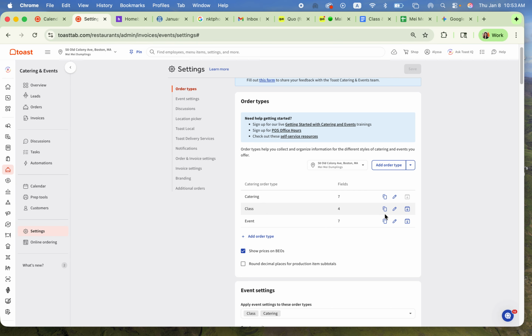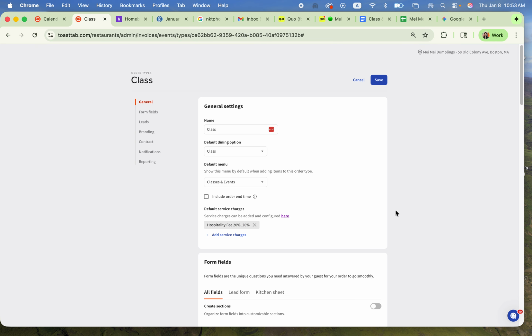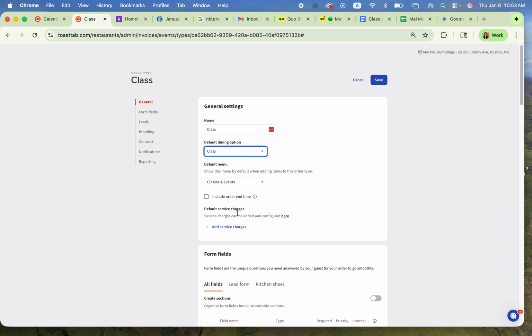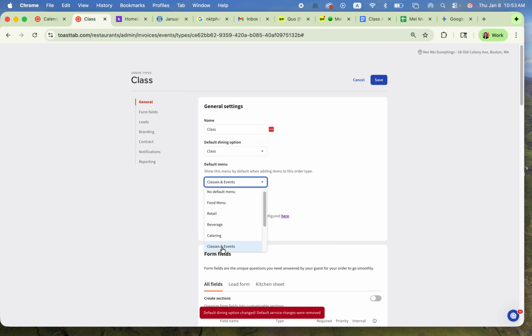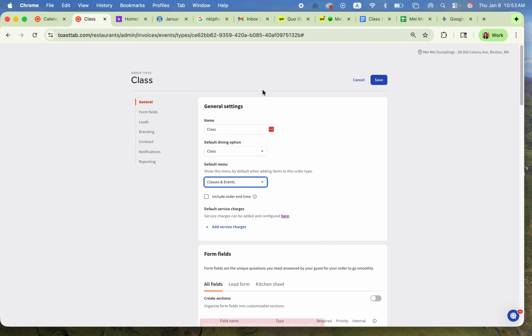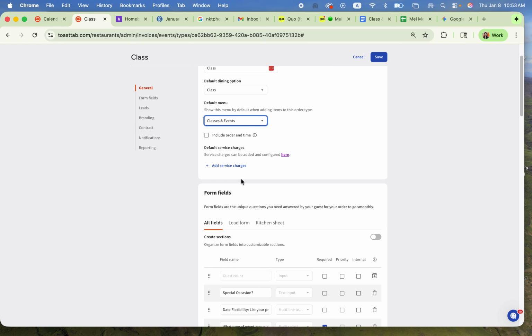So for classes, for example, I'm just going to go ahead and click in here. We can see these are some things that are critical for Toast reporting. We call this gets assigned to our class. The default menu is our classes and events menu that shows up for this order type. And then this has already been configured to be mostly optimized for the platform, but you can continue to make